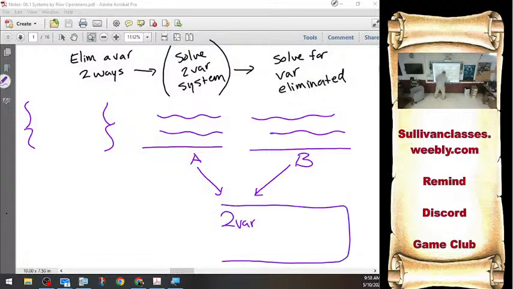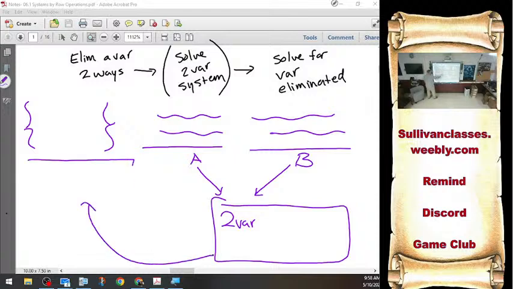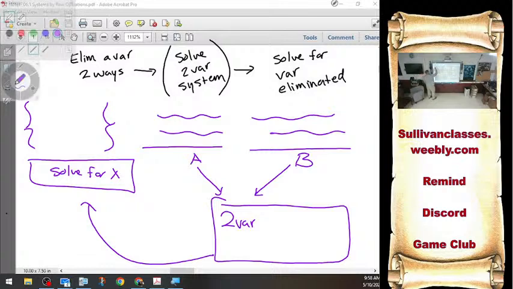I'll go solve that two-variable system, bring it all the way back, and then I solve for whatever that initial eliminated variable was. So if you remember from way back at the beginning of the year, even I take up an awful lot of room for these,